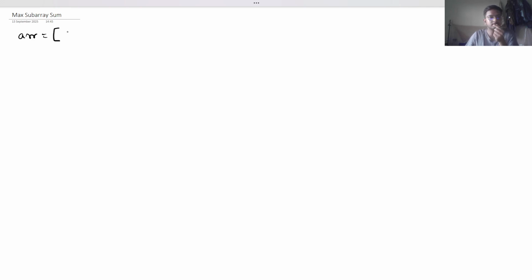Array: -2, -3, 4, -1, -2, 1, 5 and -3. So this is the given array and we need to find the subarray which has the maximum sum. So what is a subarray? Subarray means